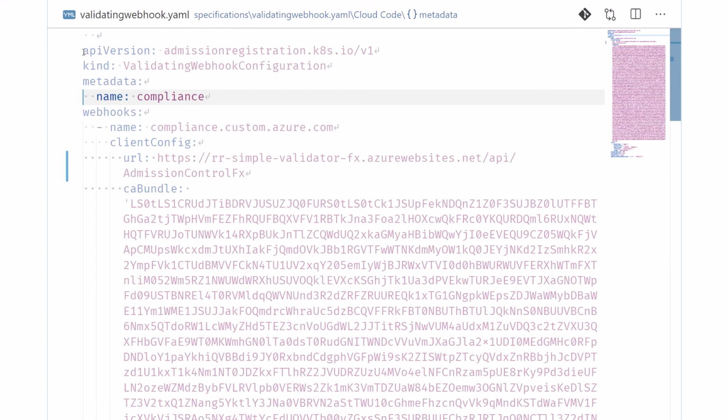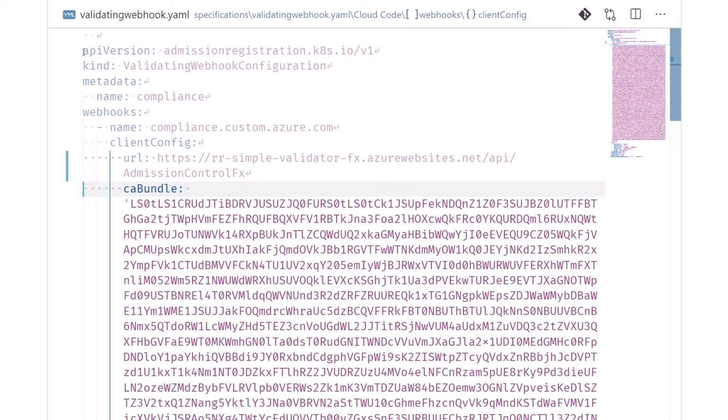You will see that the name of this validating webhook configuration is compliance. Internally, we have named the webhook compliance.custom.azure.co, and the URL of the webhook is set to the URL of the Azure function that we just deployed. Once you're trying this out yourself, please take care to change this to the function that you deployed.